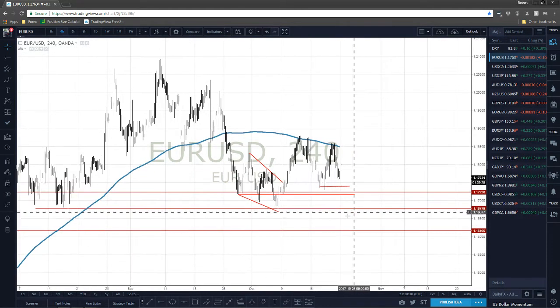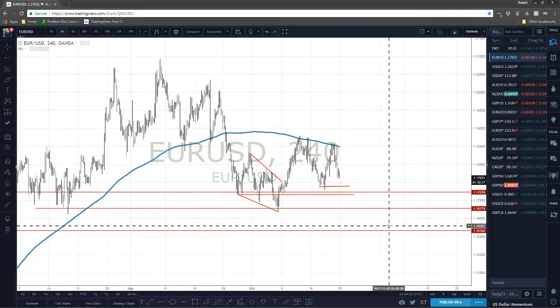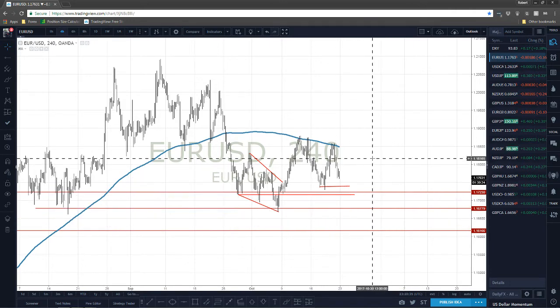And then on the other hand, look for the pattern to fail. If this pattern does fail, the euro dollar could technically break its pattern and just keep heading higher. Going into the dollar CAD,